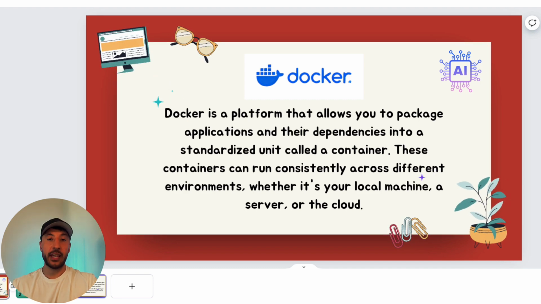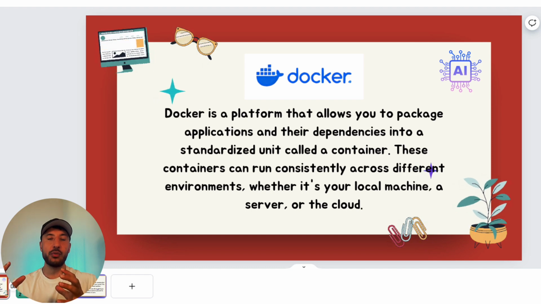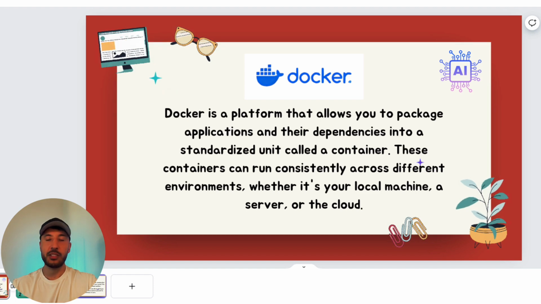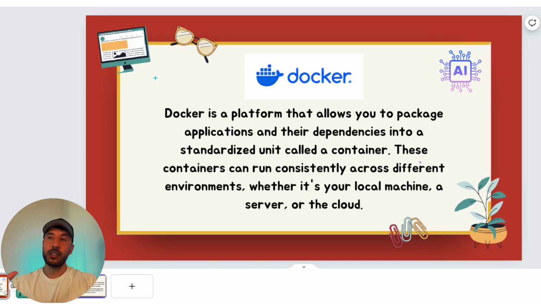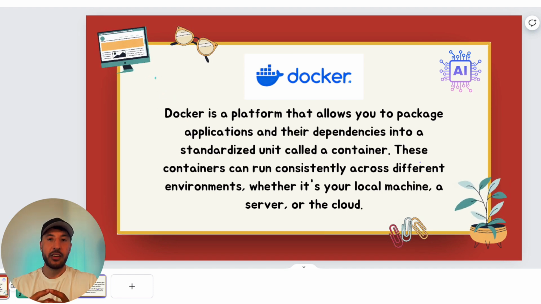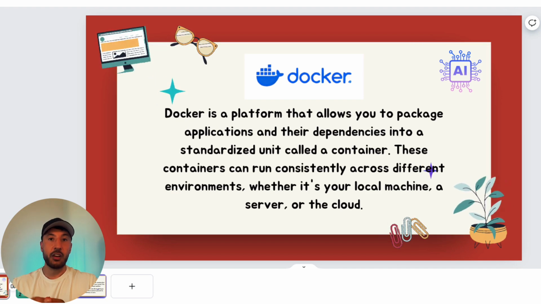So you could think of it as a tool that packages all of your application, like n8n, and all of its dependencies, whatever it needs, all into one single unit called a container. Again, n8n and all other applications come with a lot of dependencies, such as libraries, system tools, and settings. Docker allows you to put all of that in one container, or one unit, and then you can deploy this and run it consistently across other platforms.